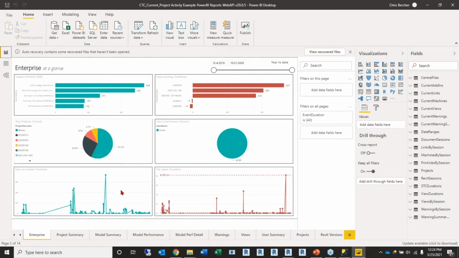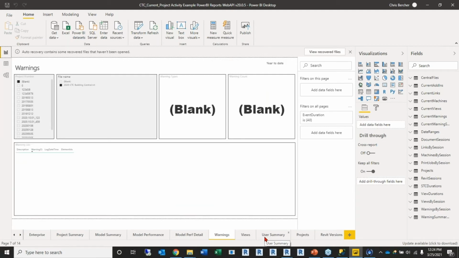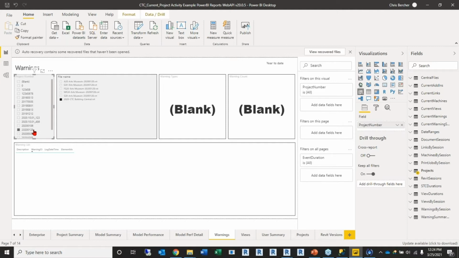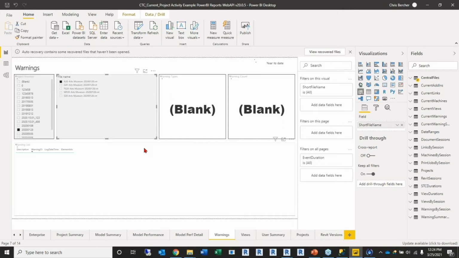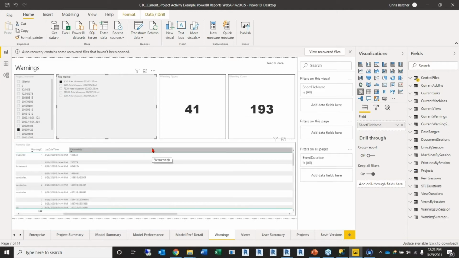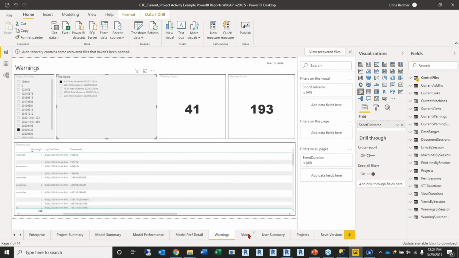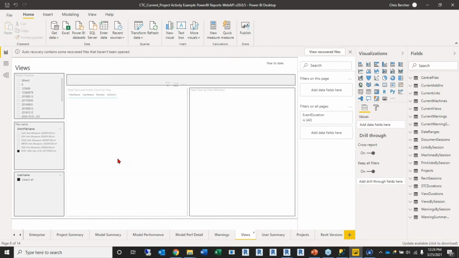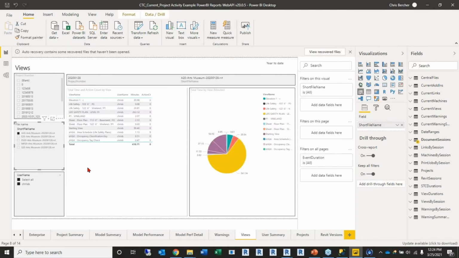But we give you a Power BI file like this, where you can check out project info, warnings, views, things of that nature. And, again, customize it, get it set up the way you want so that you have information that is